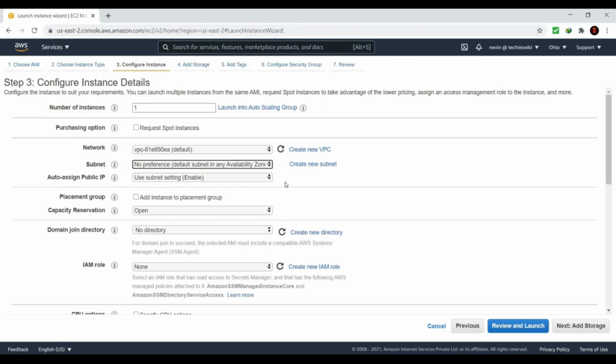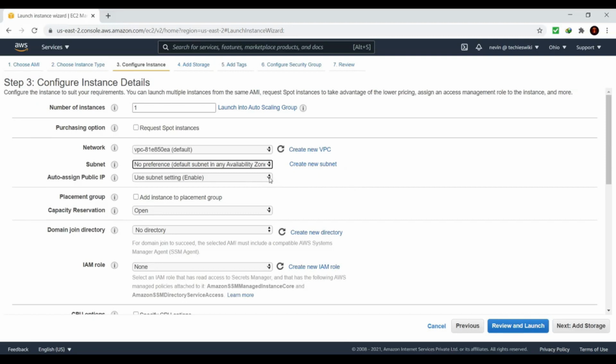And the difference is public IP: with the public IP you will be able to access the instance data from the outside internet, and the private IP will be visible only inside the subnet. So this depends on your application need. If you are using this EC2 instance to configure a database, you need only the private IP because you don't want to expose the database to the public world. In that case, you can go ahead and disable it.